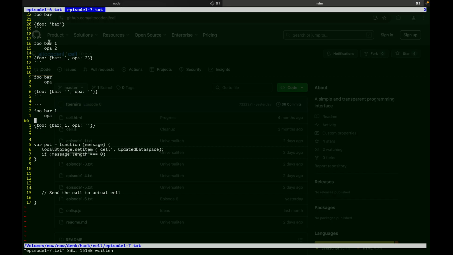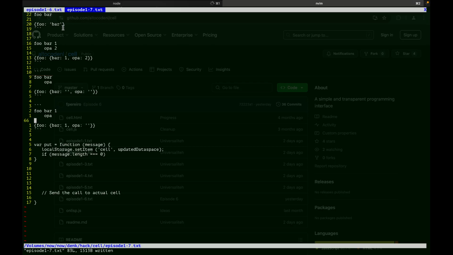But when you put an opa below it, it doesn't even matter what you put to the right. It could be a number, it could be nothing, it could be more text, it could be even more hashes. It becomes the key of a hash. So because you cannot have foo bar and foo opa in parallel, they have to map to a whole thing.